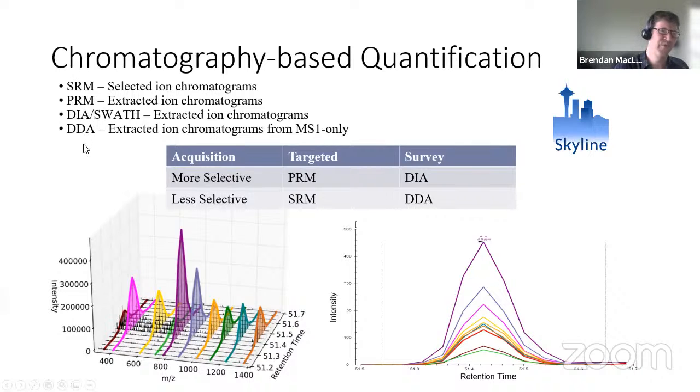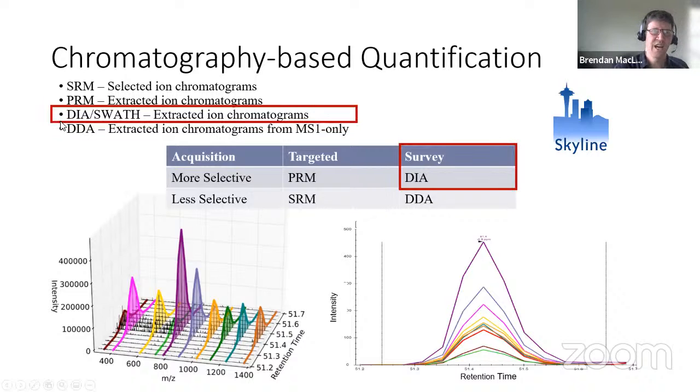It supports 4 different acquisition methods. I think you were introduced to most of this yesterday: SRM, PRM, DIA/SWATH, which is what we're going to focus on today, and also DDA. So, just like MaxQuant, it can extract chromatograms from MS1 only and give you peak areas and do quantification off that. And I then break these methods down into this 2x2 grid where there's an acquisition mode,